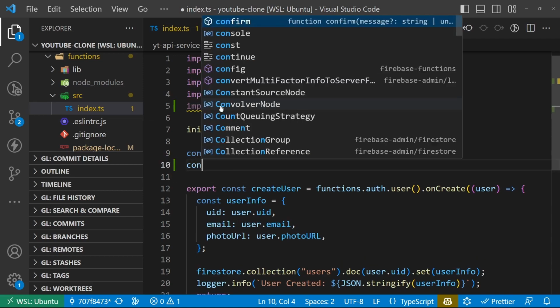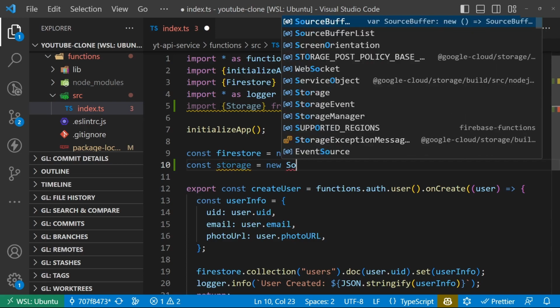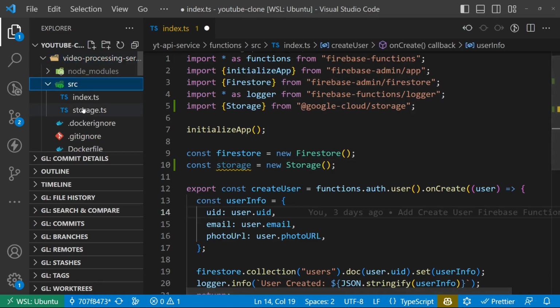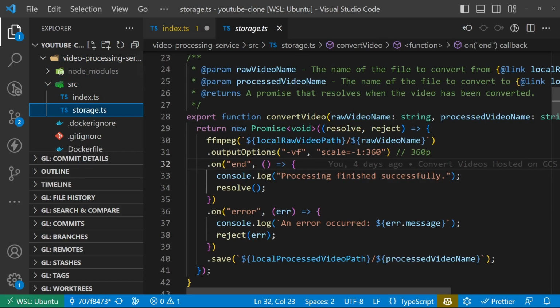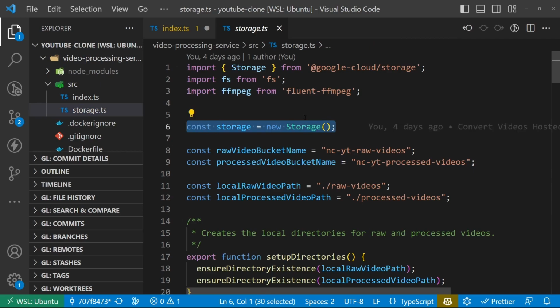And then we're going to instantiate an instance. I believe this is exactly what we did in the video processing service. I'll even show you the code in a second just to prove it to you. Yeah, let's check it out. In the video processing service, probably in the storage file, we imported storage at the top and created an instance of it. Let's also copy and paste the bucket name, which I guess is some duplicate code,